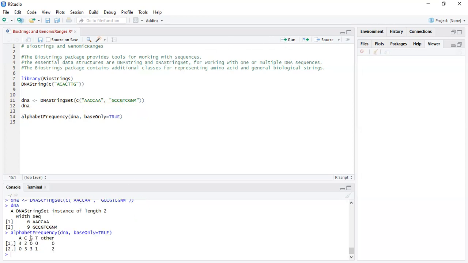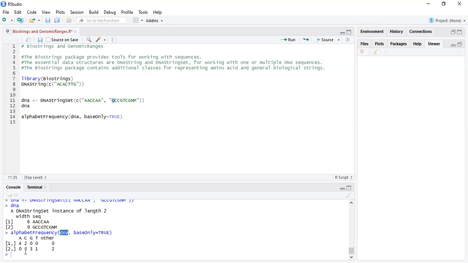Here you will get the output, that is alphabetFrequency with baseOnly TRUE, and A, C, G, T, and other. Like G and M are nothing but the other. So it shows how many other letters there are, and then how many A, C, G, T, because it's DNA.